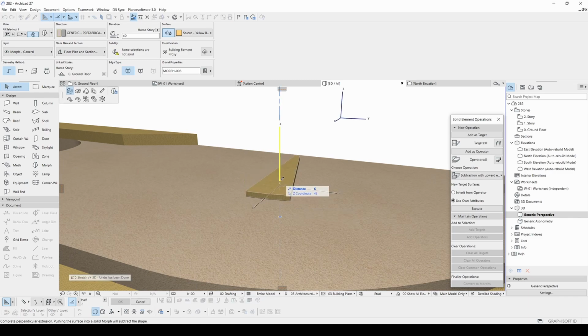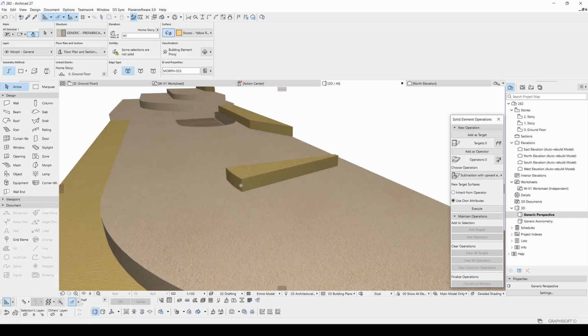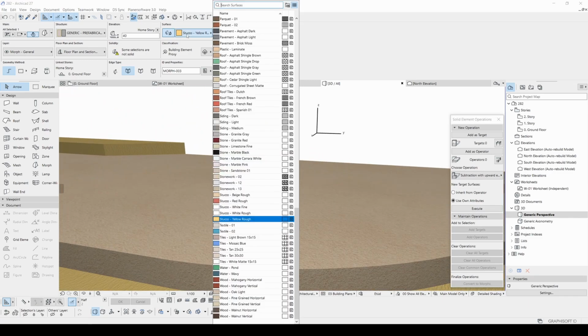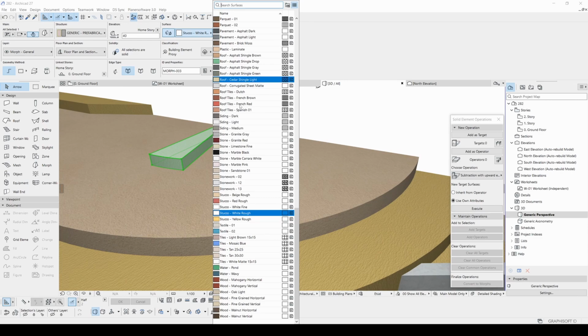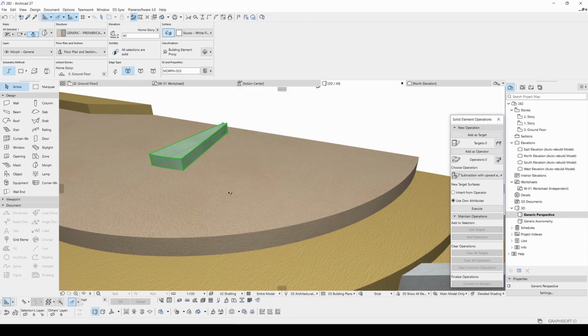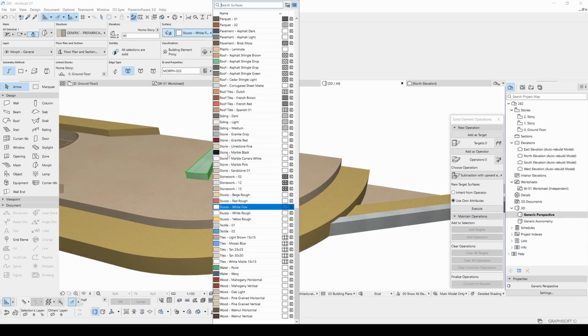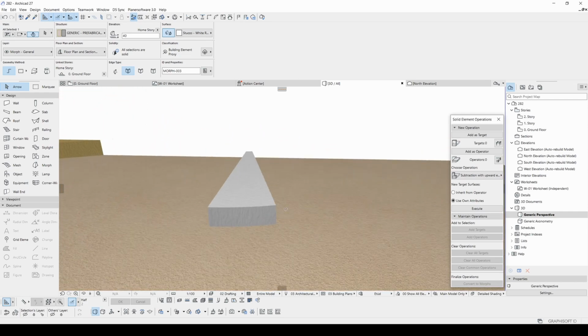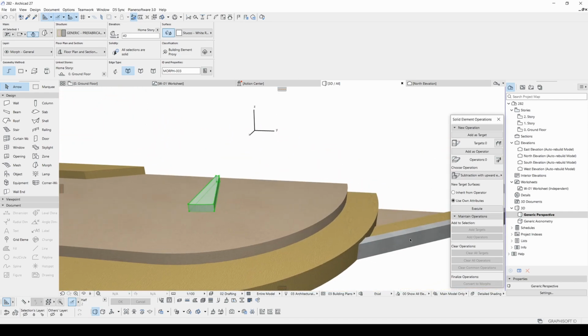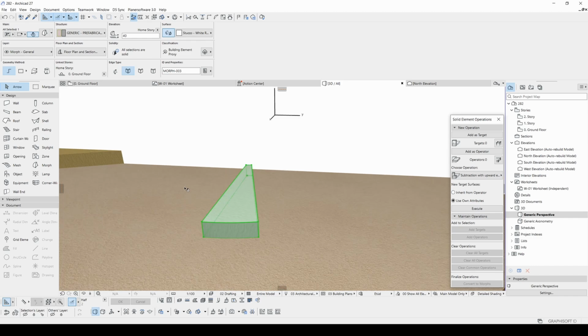Let's make it 15. And after that I will change this texture to white roof maybe, or white pine. White roof is better.